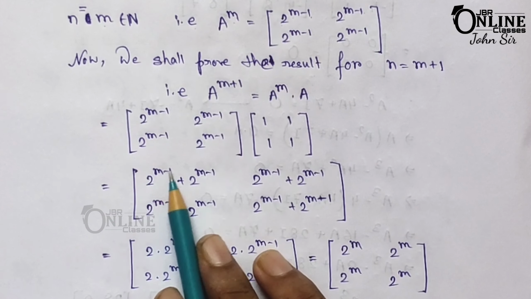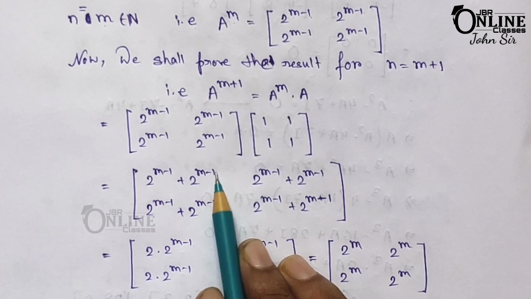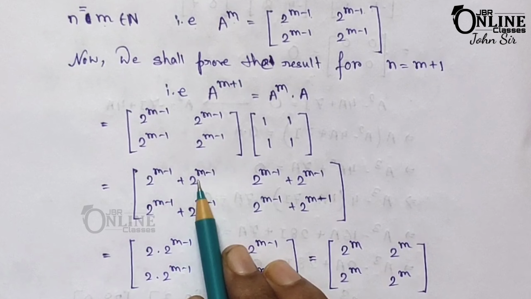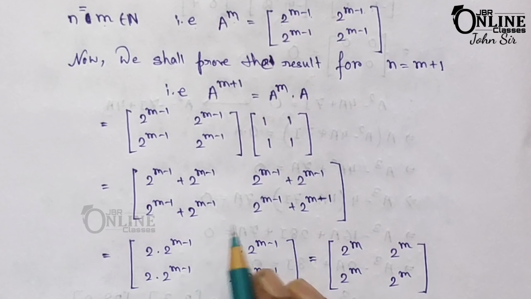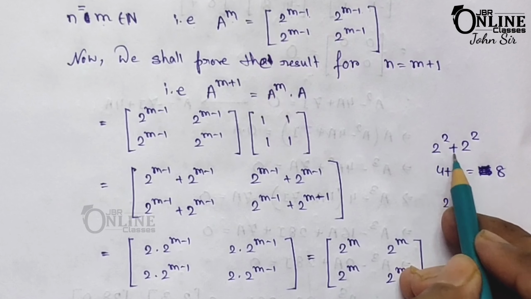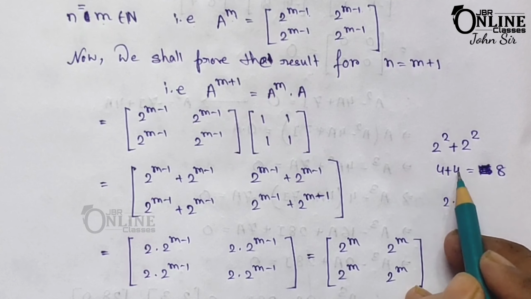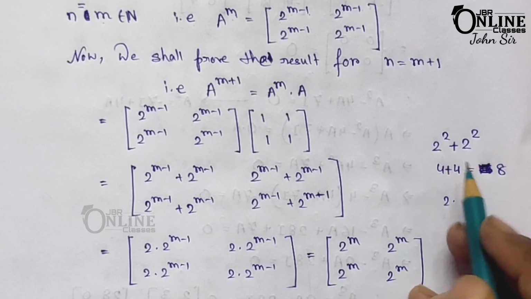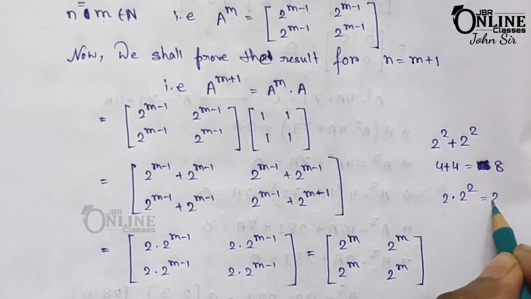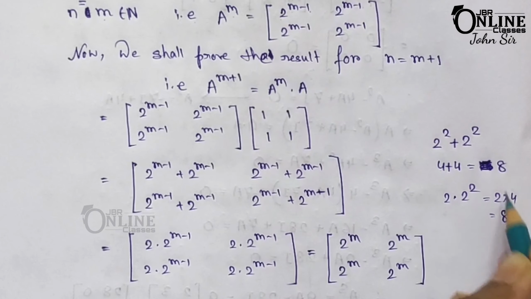अब देखिए 2 to the power m minus 1 प्लस 2 to the power m minus 1, इसका मतलब दोनों सेम एलिमेंट को आपको ऐड करना है. तो दोनों सेम एलिमेंट को आपको ऐड करने का, और आप क्या लिख सकते हैं, आप यहाँ पर 2 इंटू वही वाला एलिमेंट लिख सकते हैं. अब देखिए यहाँ पर एक एग्जाम्पल दिखाते हैं. 2 to the power 2 प्लस 2 to the power 2 क्या आएगा आपका, 4 प्लस 4 दैट इक्वल टू 8. सो इसको प्लस करने के अलावा अगर आप मल्टीप्लाई करेंगे 2 इंटू 2 to the power 2, इट विल बी ऑल्सो 2 इंटू 4 दैट इक्वल टू 8.